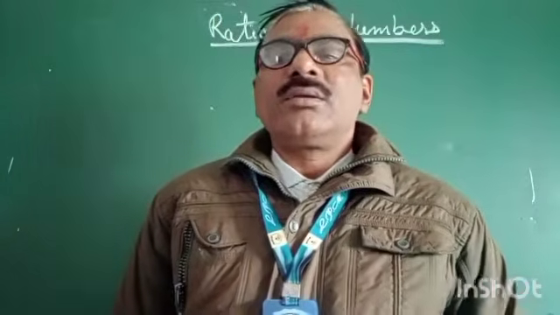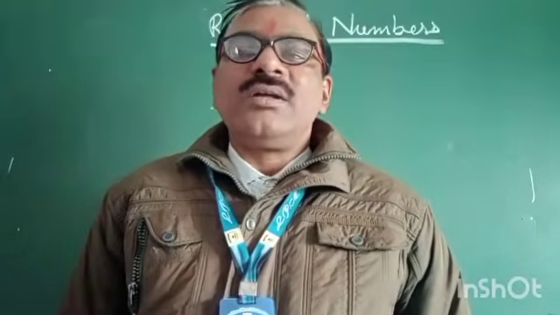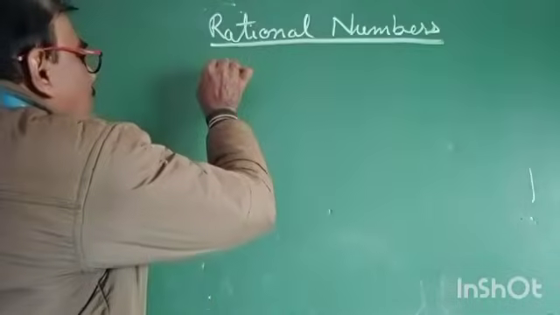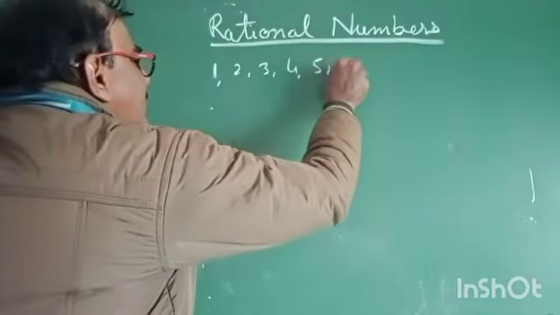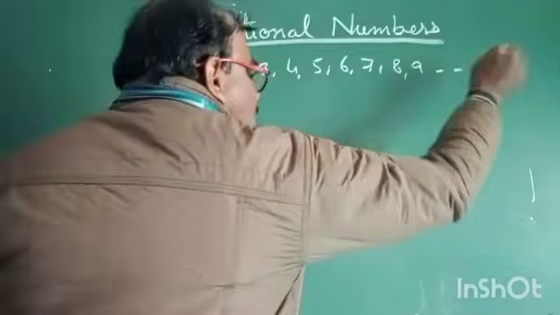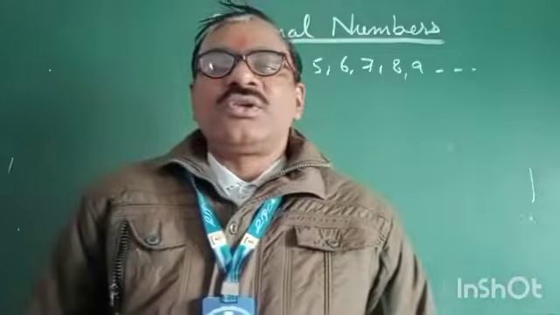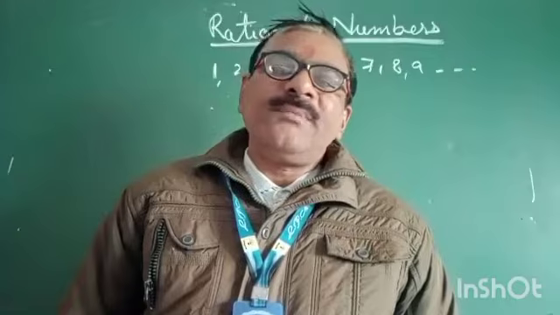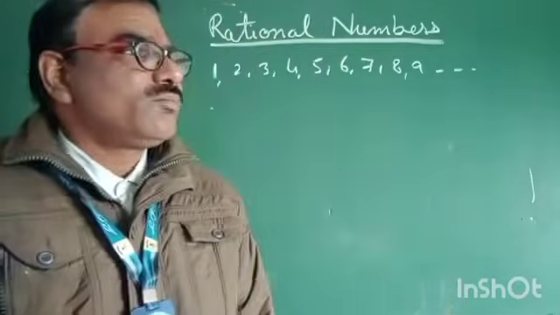Natural numbers: all counting numbers are called natural numbers, like this: 1, 2, 3, 4, 5, 6, 7, 8, 9 and so on. This is called natural numbers. Now I'll explain what is a whole number, because